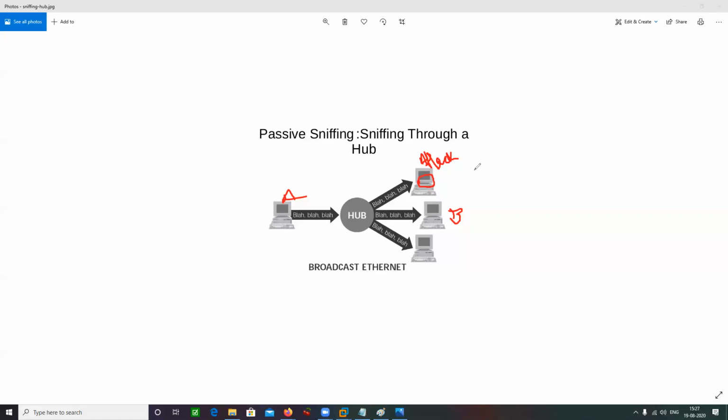Any idea? Port mirror. How are you going to do a port mirror? Do you have access to the switch?